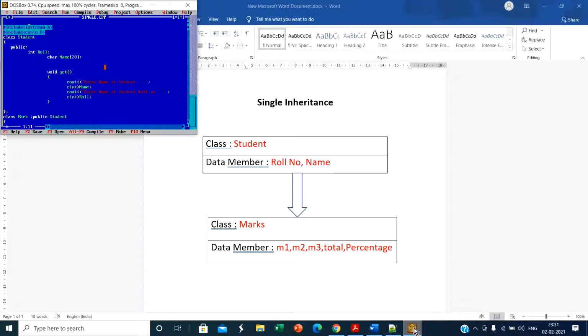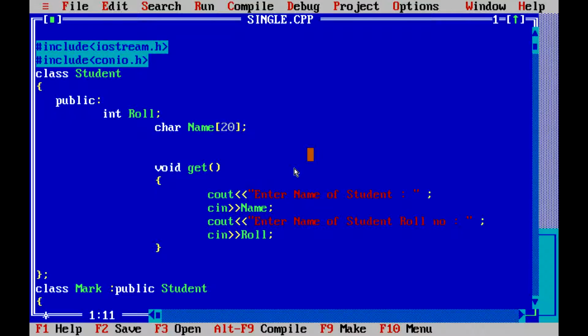Then we see the main code of this program. In the first 2 lines we include the header files iostream.h and conio.h. Next, we first define one class student. Inside student we define two data members, roll number and name.